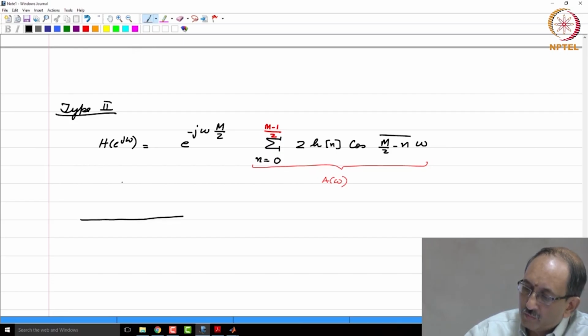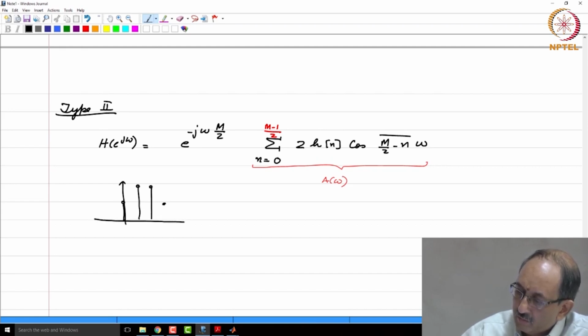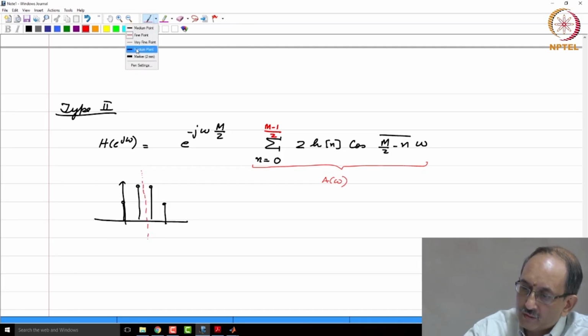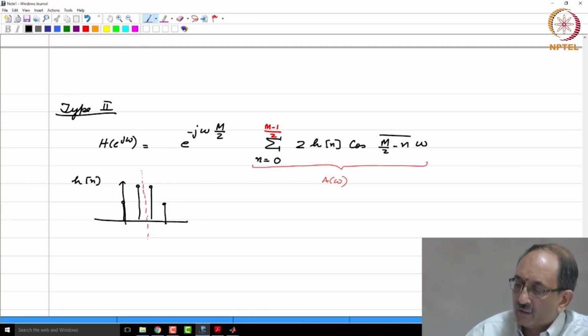The answer is no, because remember, we are now looking at type 2. Type 2 is even symmetry and even length. Therefore, here is an example type 2 filter, and the point of symmetry is this, which is midway between samples. If you call this h of n, no way can you shift it